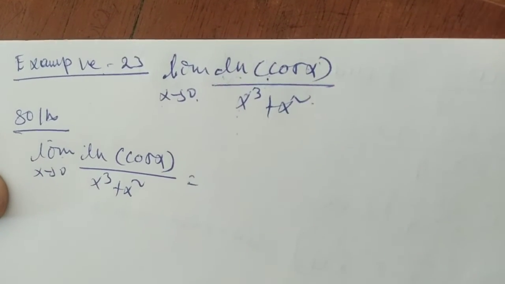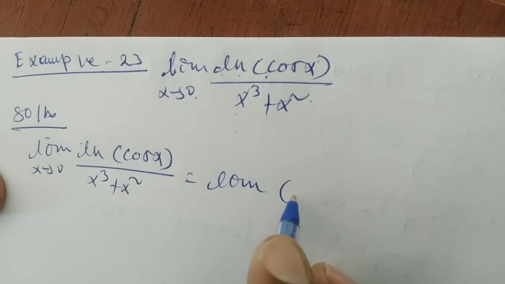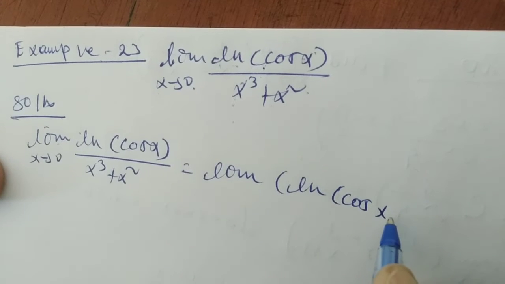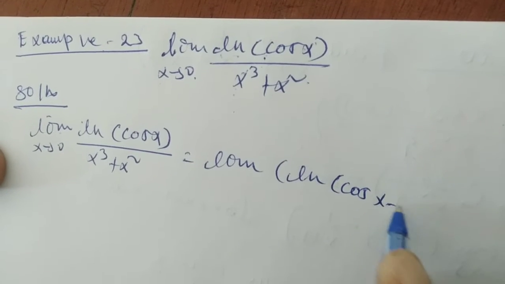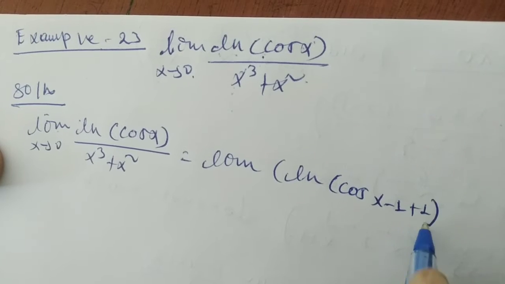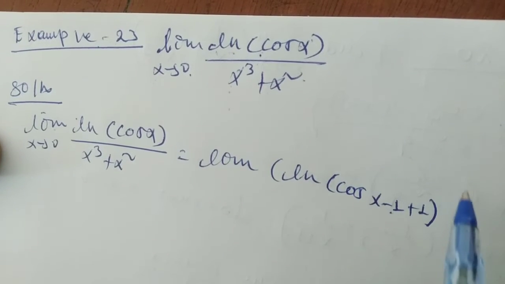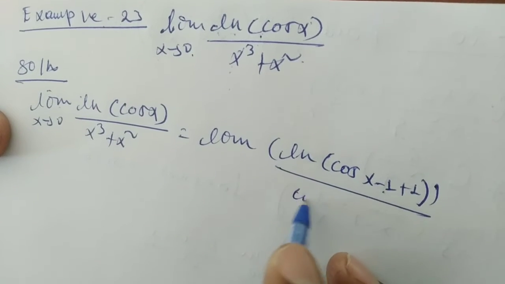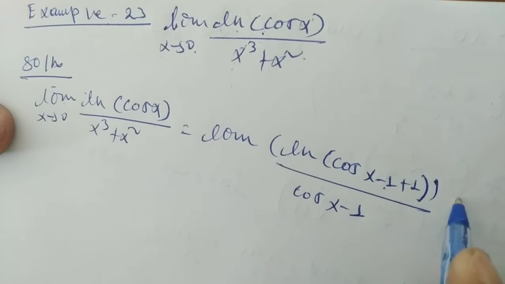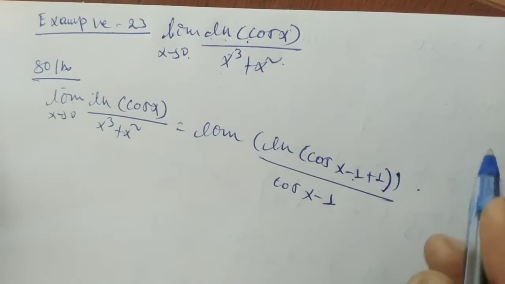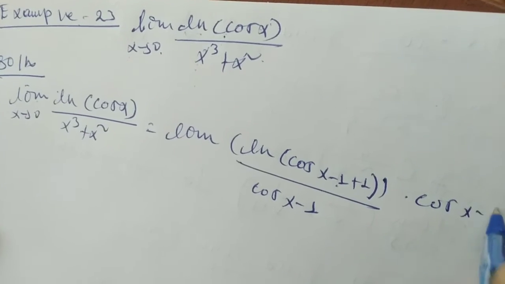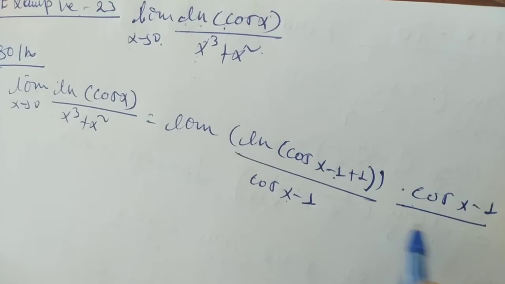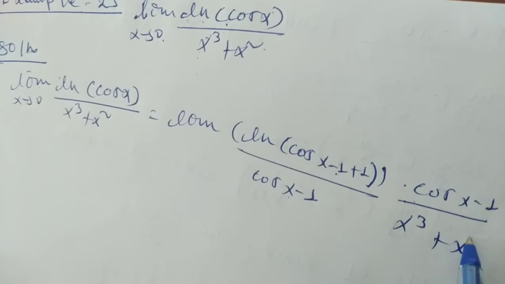equals to limit of ln of cos of x, limit of ln of cos of x minus 1 plus 1 minus 1 plus 1 0 ስለሚሆን ማለት ነው over cos of x minus 1 times cos of x minus 1 ግዴታ ነው ማለት ነው እዚህ ጋር times cos of x minus 1 over... cos of x minus 1 በ cos of x minus 1 ስለምታጣ ያኔ 1 ስለሚሆን ማለት ነው over x cube plus x square